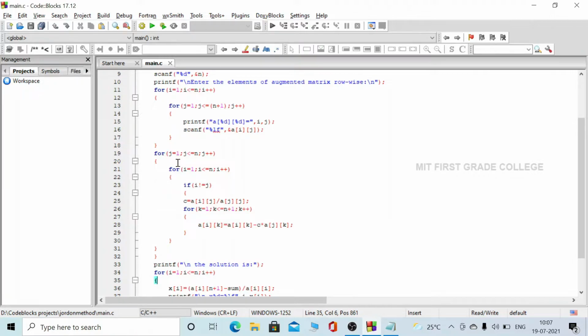Fine. So here, as it is a two-dimensional array, again we'll be using two for loops: for j is equal to 1, j less than or equal to n, j plus plus, and when it checks the condition it gets inside the loop; i is equal to 1, i less than or equal to n, i plus plus, and it gets inside the loop. Here we are checking if i not equal to j. So what is this i not equal to j?